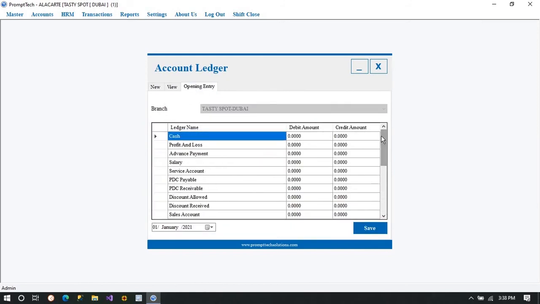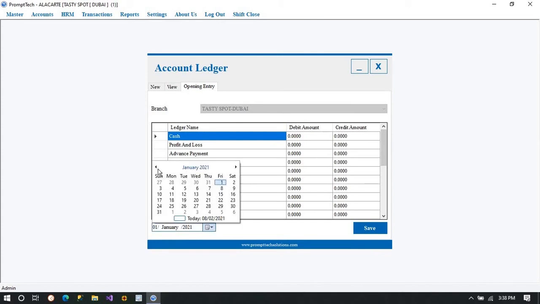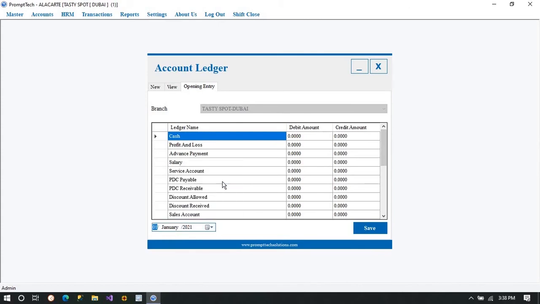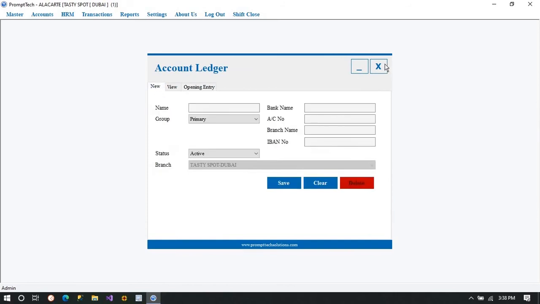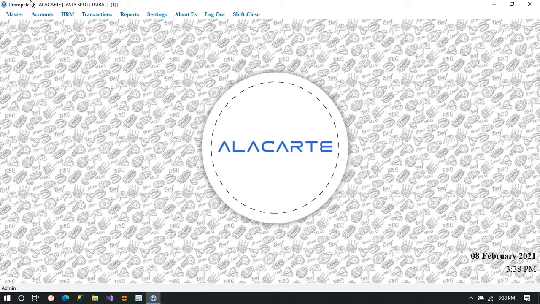Open entry here is basically when you're opening a new account, installing a new thing. What is an open entry? What actually things have been, you can change the debit and credit amount. If you have to pay somebody, if you have to take money from somebody, you can double click on the same thing and add it on the same page over here, right? And you can add and view the details over here.